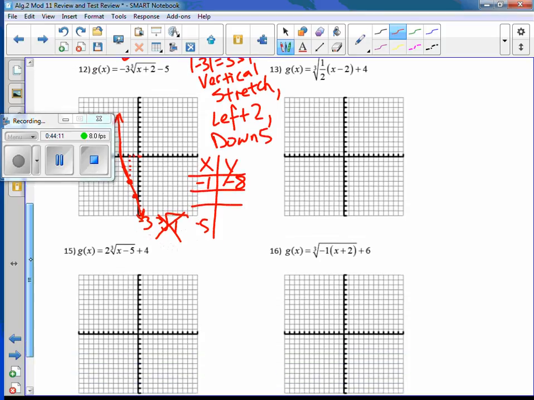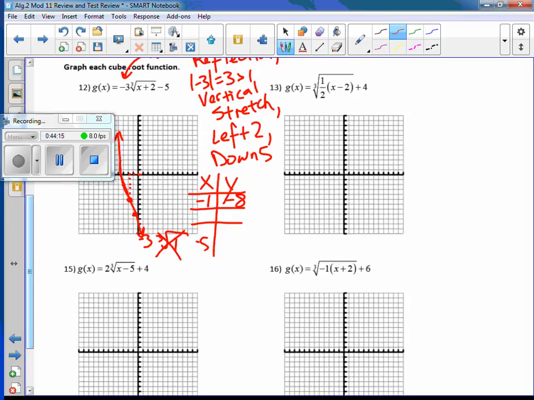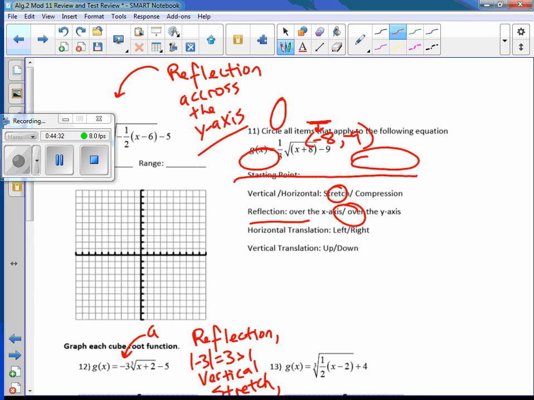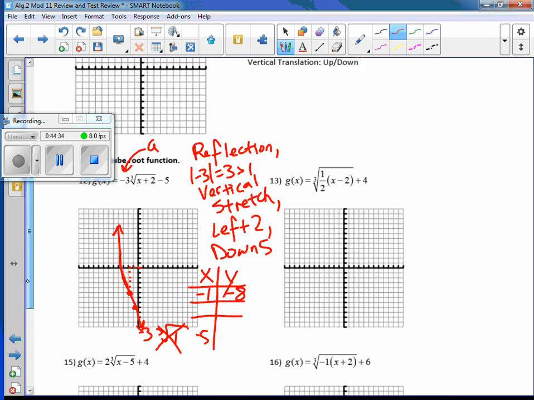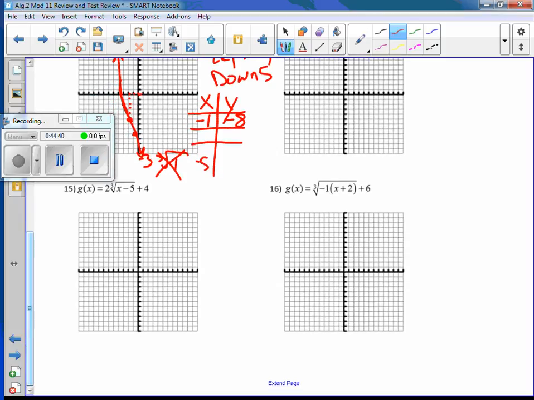Now let's see. Here, I'll let you guys do 13 because I think we've practiced that enough. So go ahead and try doing 13 on your own, and I'll leave you guys to do 15 as well. All right, so let's go back right here to 16. So right here on 16,